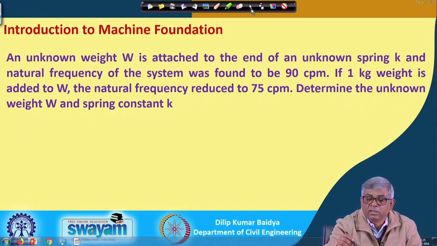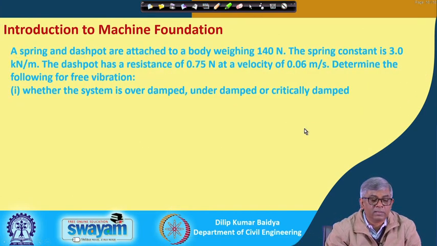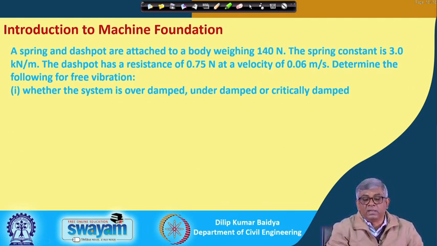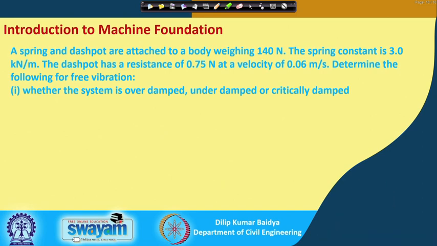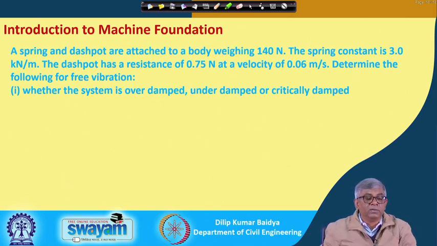So, let me go to the next problem. You can see a spring and dashpot are attached to a body weighing 140 Newton, and the spring constant is 3 kilonewton per meter. The dashpot has a resistance of 0.75 Newton at a velocity of 0.06 meter per second. Determine the following for